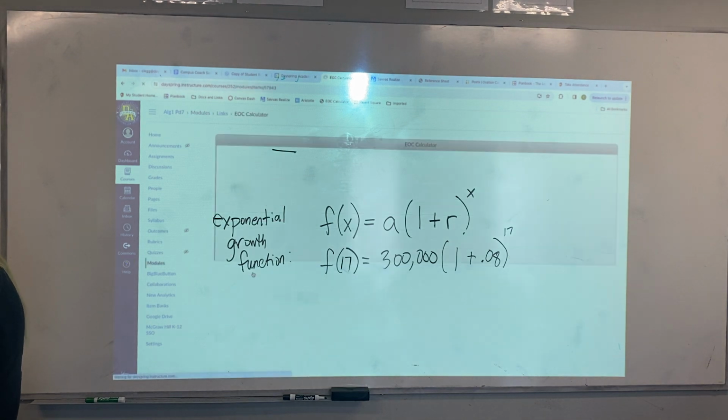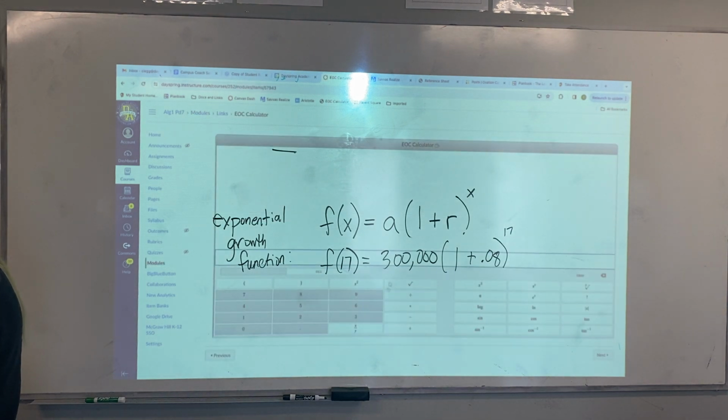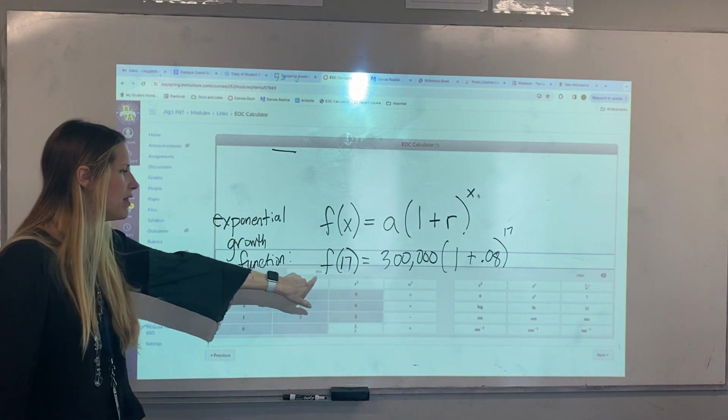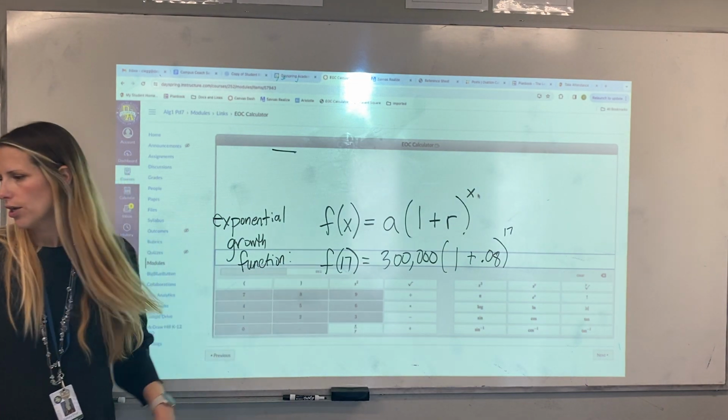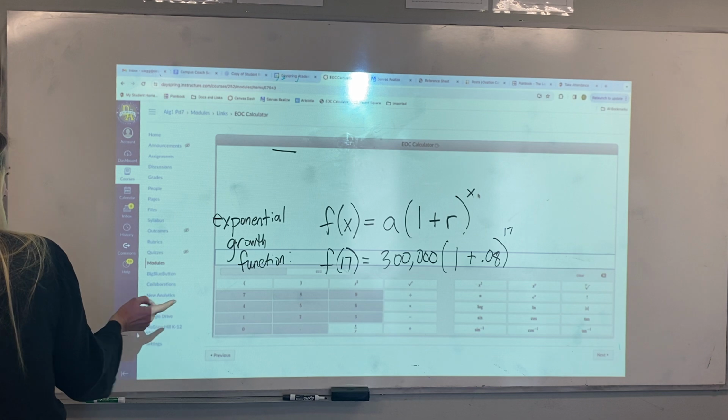Do you not like to use your EOC calculator? I highly recommend using an EOC calculator for this because you can type it in exactly as it is. Now remember, we don't type this part in. This is your output. That's your answer. Okay, we just type in the actual,